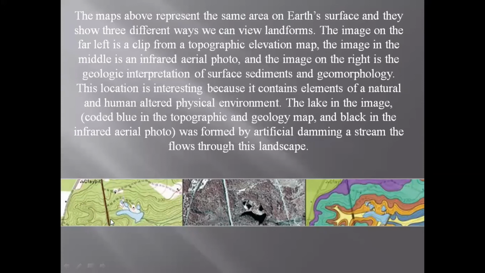Okay, well, that was the topographic map, or you can also call it a topographic sheet. Some people also call it a topo sheet. Some people can also call it a topographic elevation map because it represents different elevations. Okay, now the next one is an aerial photograph that has been taken from a satellite or a flying plane.